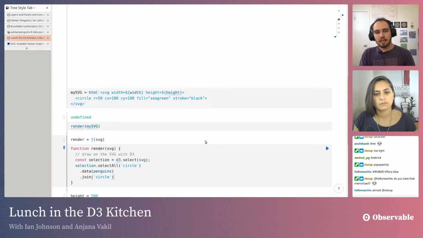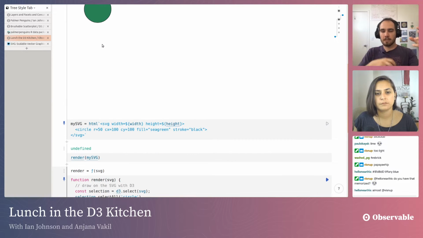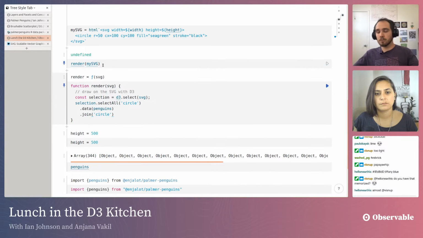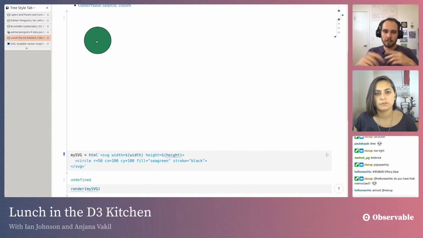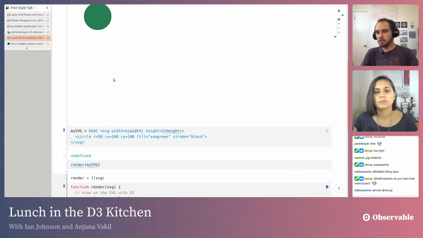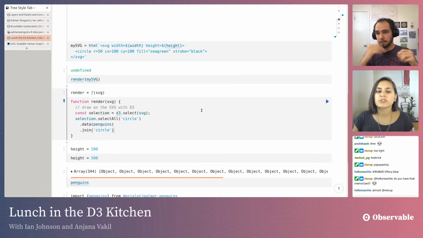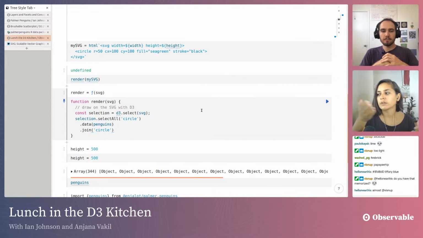If you imagine you wanted to say, okay, I have 344 penguin data points, so I want 344 circles, but right now we have only one circle on the canvas. So for that one circle, I want to give it one of my data points, and then I want to create 343 new circles, right? You can imagine if you did that in a for loop and had to keep track of which ones are new and which ones aren't and add them. Or say I wanted to filter that data, and then I would have to go through and make sure I'm only